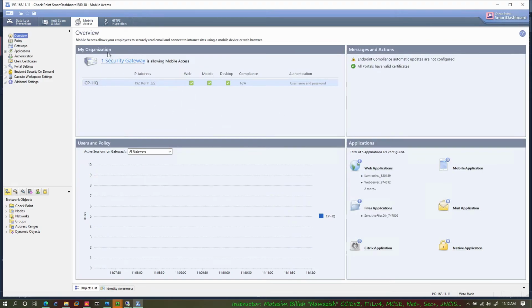So here you can see that my organization has only one gateway that has the mobile access blade installed, and all three web, mobile, and desktop features are enabled, and the authentication method has been selected as username and password. And here you can see the total 5 applications that are configured under web applications and file applications. The others are 0, none has been